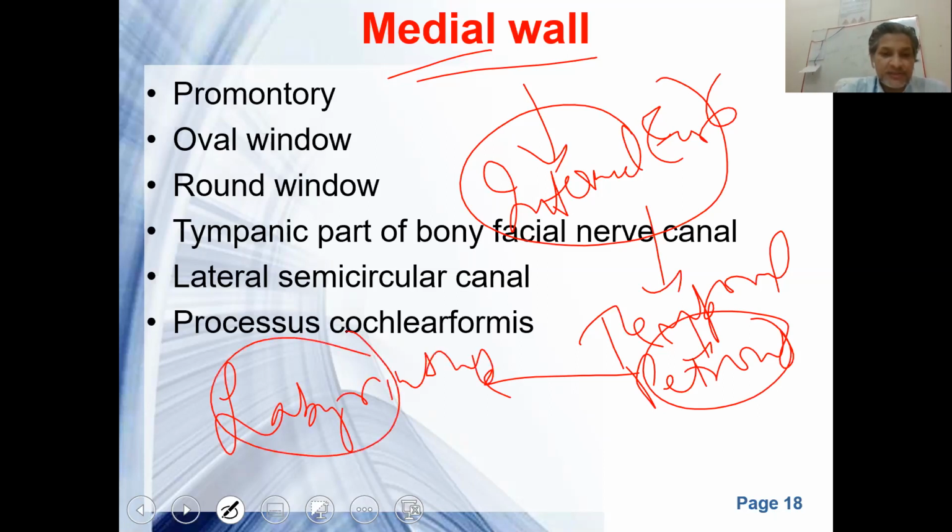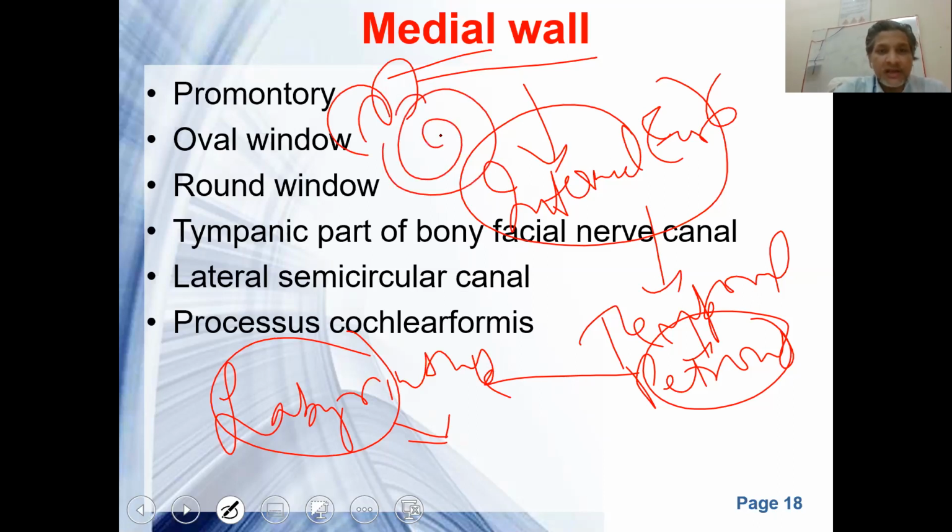Labyrinth in the sense is a convoluted complex bony structure. Actually, labyrinth is not a bone. When we count 206 bones in an adult body, we don't count the cochlea and the semicircular canal in it, because this internal ear, like semicircular canals and cochlea, are a void space in the temporal bone.